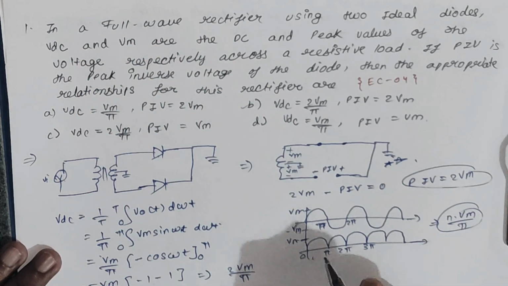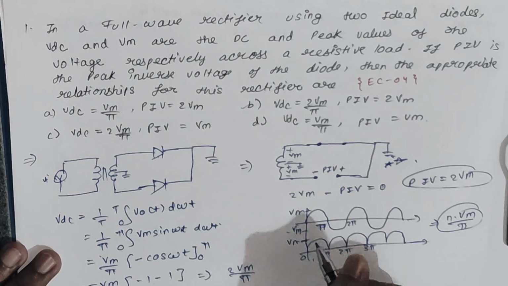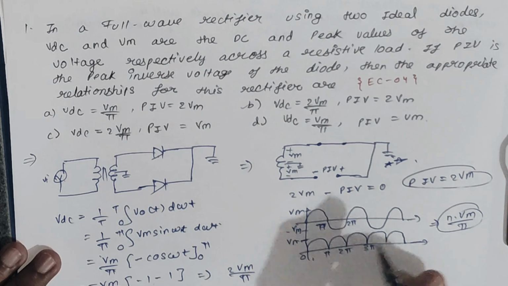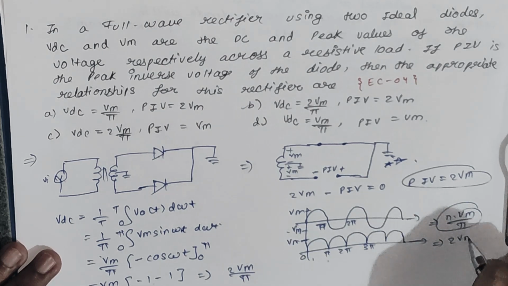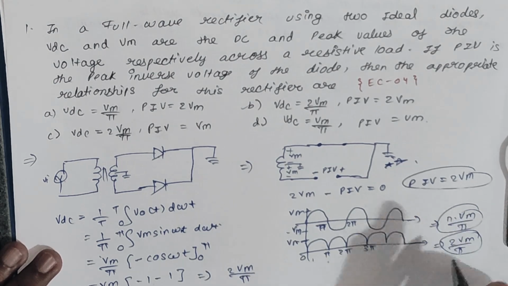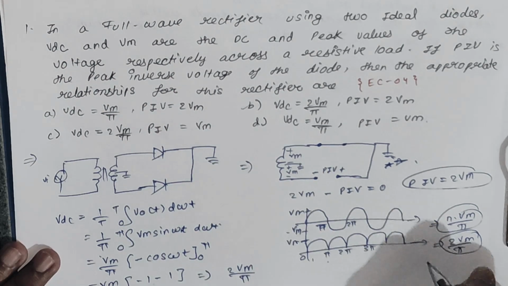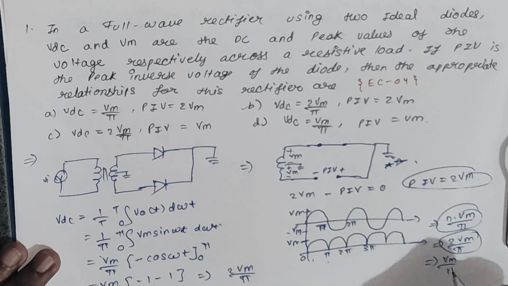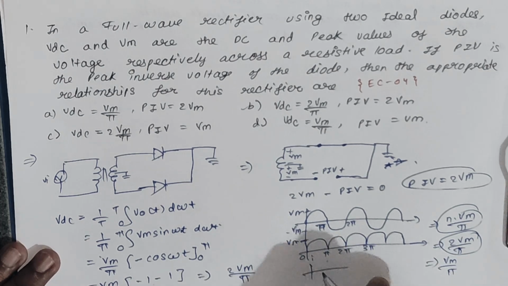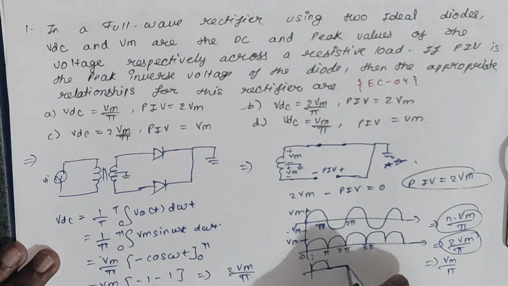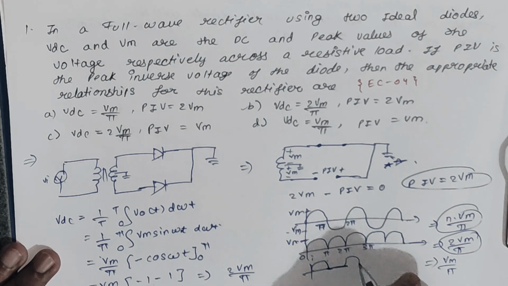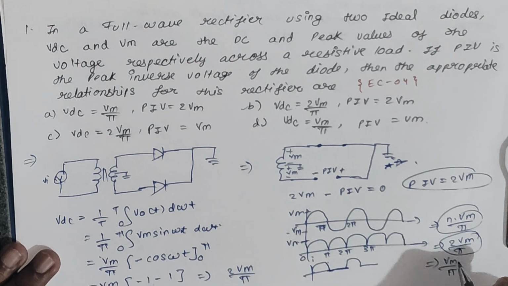will be the formula for all rectifiers. So you can see we have a full wave rectifier which is giving two lobes under 2 pi, so you will write here 2 Vm by pi. So this is the DC voltage of your center tapped rectifier, while in case of half wave rectifier it will be simply Vm by pi. In 0 to pi you will get only this one lobe, and in pi to 2 pi it will be 0. So for half wave rectifier we will use Vm by pi, and for full wave rectifier we will use 2 Vm by pi.